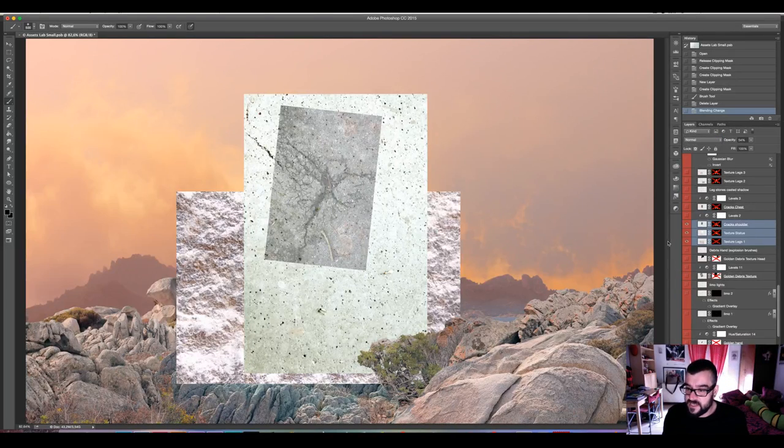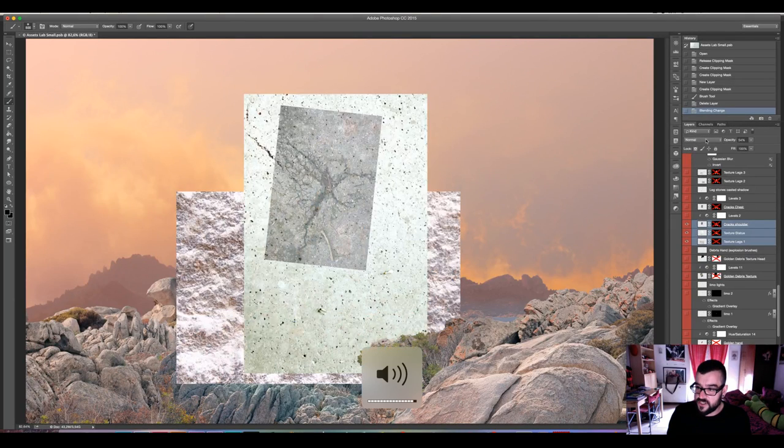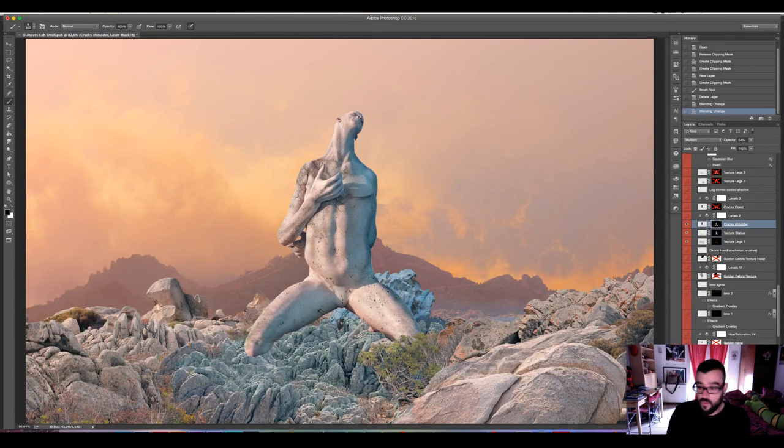So in this case, since our figure is bright already and I only want the dark parts of the textures, I'm going to use the multiply blending mode, and then I'll be adding the masks, which I did by command clicking the mask of the statue and loading them in these layers.